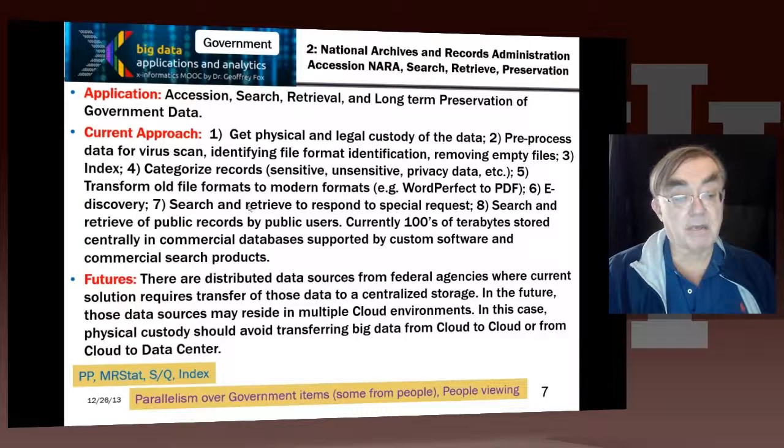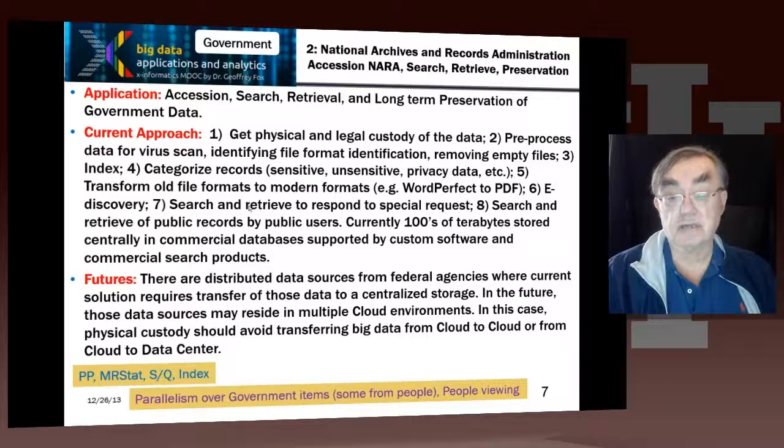In this case, we have a future in the near future, and here they're pointing out that there are a lot of distributed data sources because every agency has its own data, and somehow they need to be logically centralized. And you probably don't want to make it actually centralized in the same place because that's pretty inefficient.